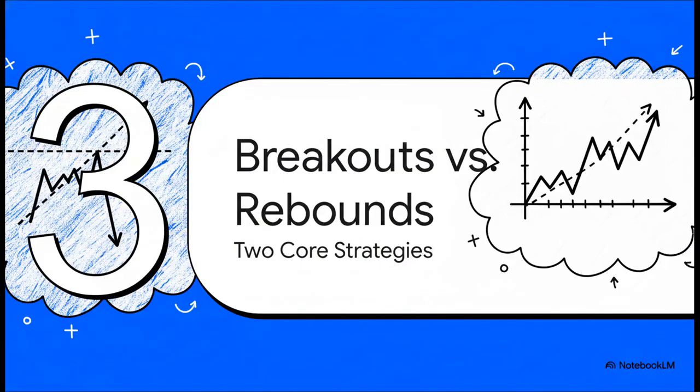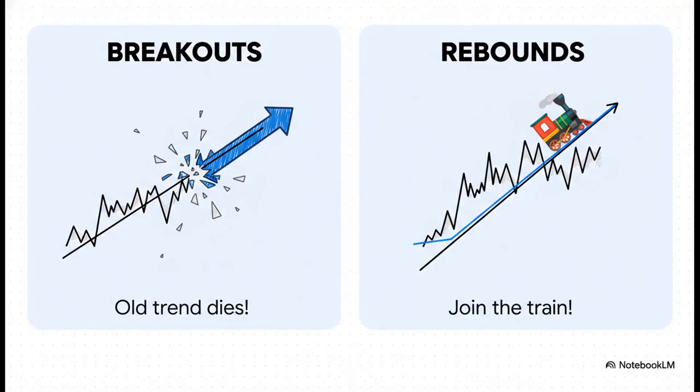Okay, so with this one technique, we can unlock 2 incredibly powerful strategies. The first one helps you spot when a trend is about to die out, and the second one tells you the perfect time to jump on a trend that's just getting started again. So on the left, we have breakouts. Imagine a downtrend. You connect the RSI's peaks with the trend line. When the RSI finally breaks above that line, that's your early warning that the old downward trend is running out of gas. Then on the right, we have rebounds. This is for an uptrend. You connect the RSI's lows. When the RSI dips down, touches that line, and then bounces off of it, that's your cue that the train is leaving the station again.